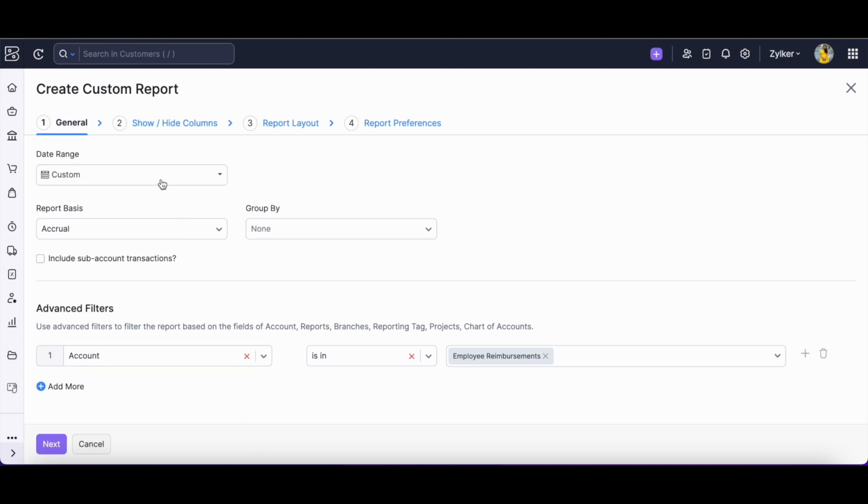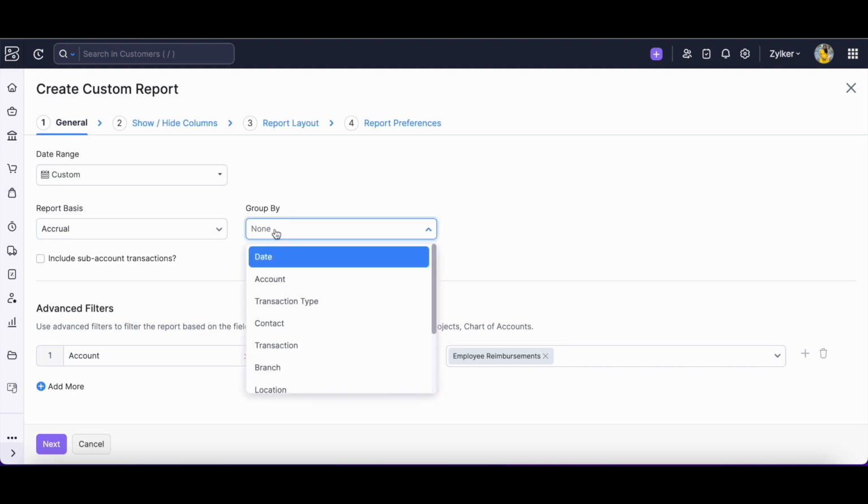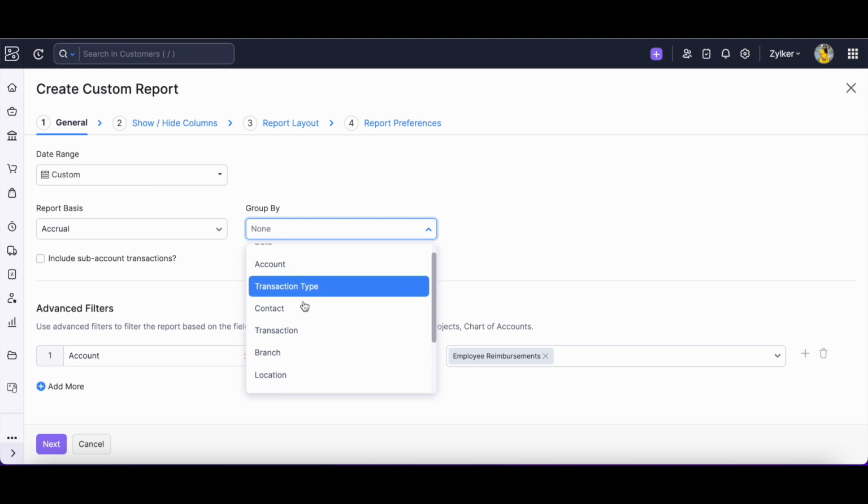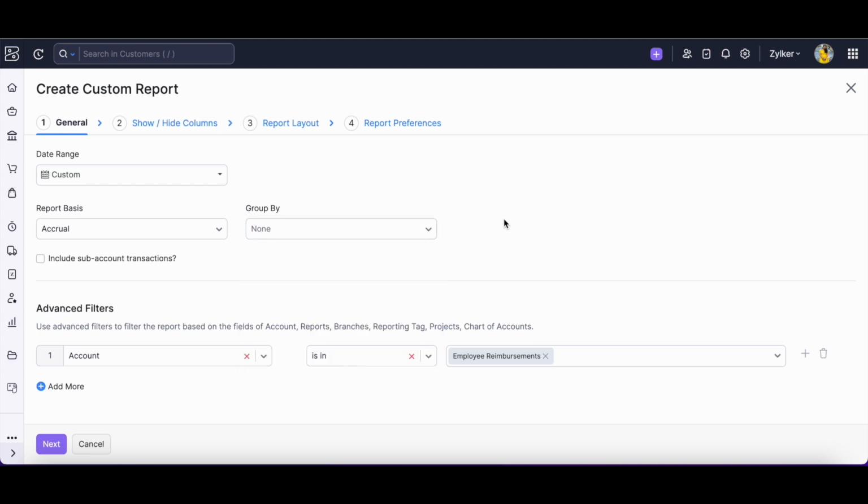which will take us to a page where you can give general settings like date range and report basis. You can choose group by. You can use group by when you want to club the report. That is, if you want to view the report customer or vendor wise, you can use group by. Not only customer and vendor wise, you would also be able to group it based on date, accountant, transaction type, transaction, branch, and the reporting tag which you have created. After that, you can also add other criteria apart from the employee reimbursement, and we can click on